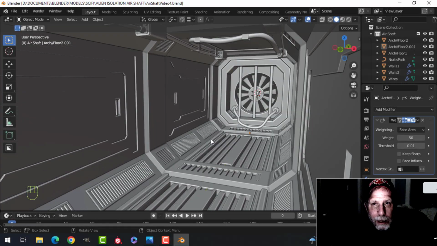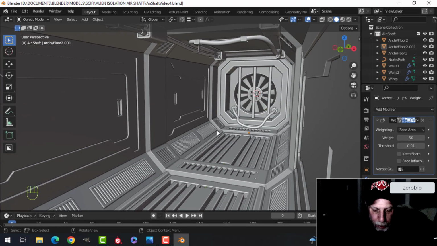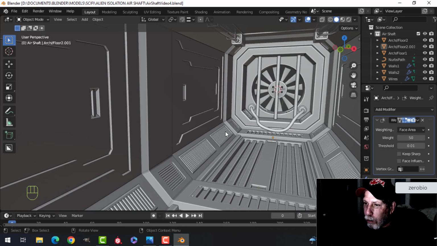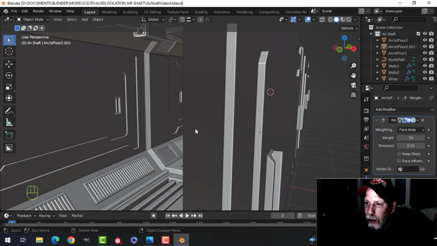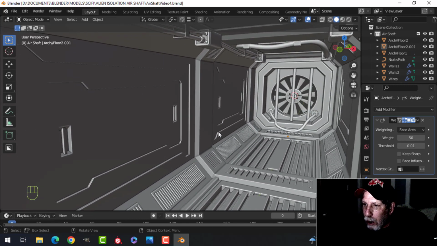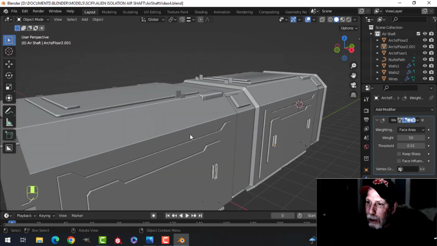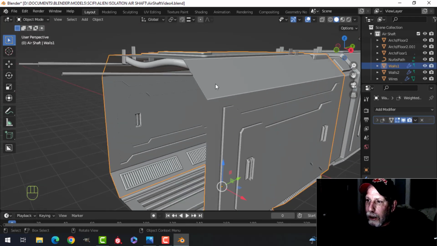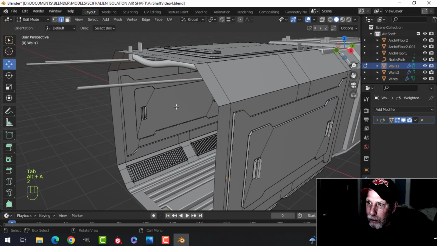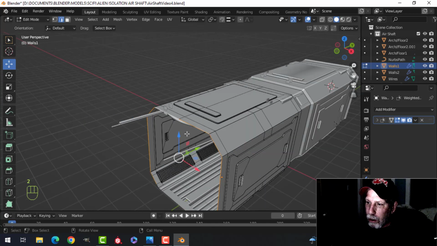Back into the alien air shaft we go, and this is where we left off, and it's time now to create the entrance to the air shaft. All right, I'm going to make that iconic entranceway, and here's how we're going to do this. We're going to select